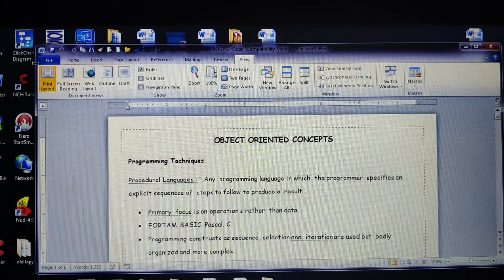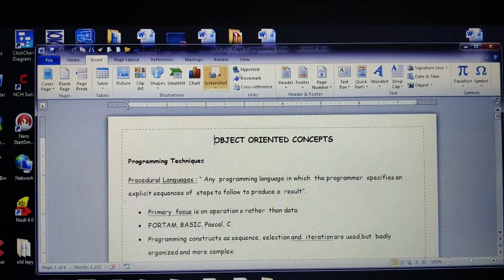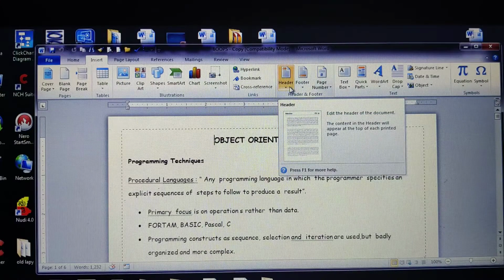Okay, now moving on to the next option, as we discussed, header and footer. As I said, we have header and footer under the insert tab. So this is your entire ribbon, isn't it? Right from here to here, this is your entire ribbon. In this insert tab we have an option known as header. What is this header? Header has certain content which will appear at the top of each printed page.